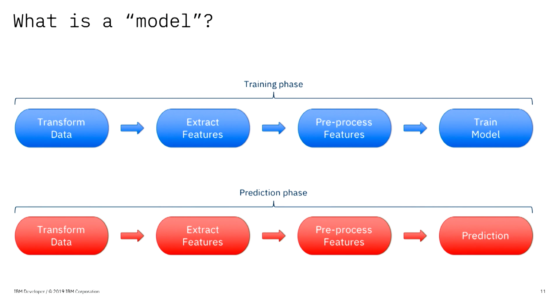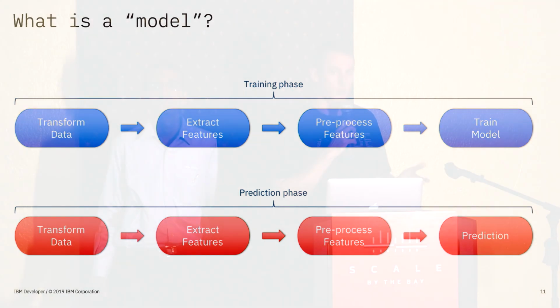take raw data, we can't just feed it into a machine learning model, it has to be transformed into a bunch of vectors, a bunch of numbers, and we need to take the raw data and apply feature transformations, extraction, pre-processing. Now, that's what we do at training phase, and if we do not do exactly the same steps at prediction phase, we get garbage in, garbage out. So that's known as train test time skew, and we need to ensure that the entire pipeline is the same